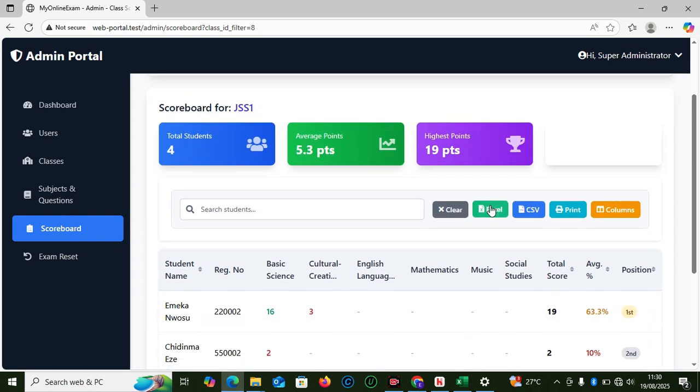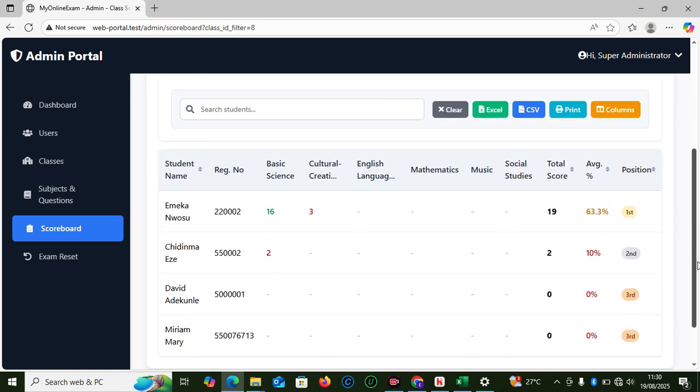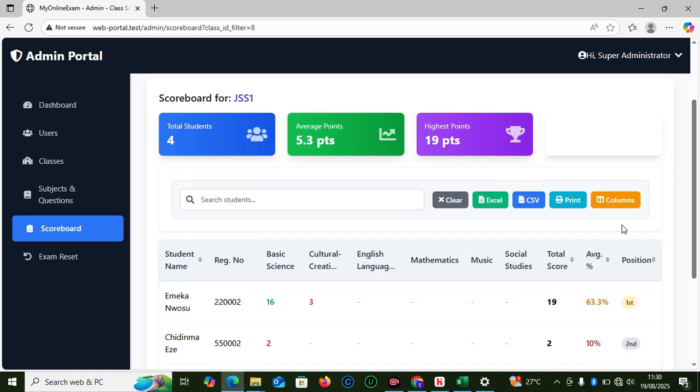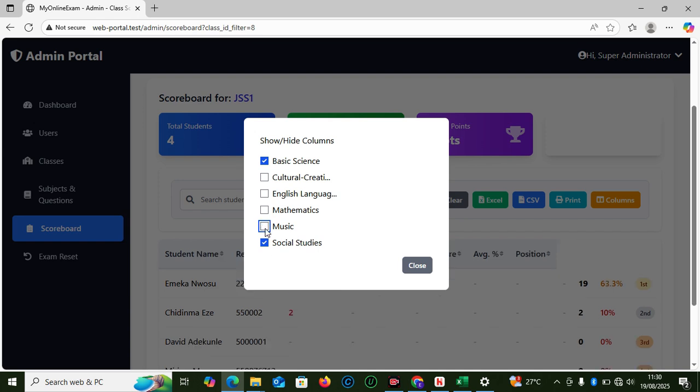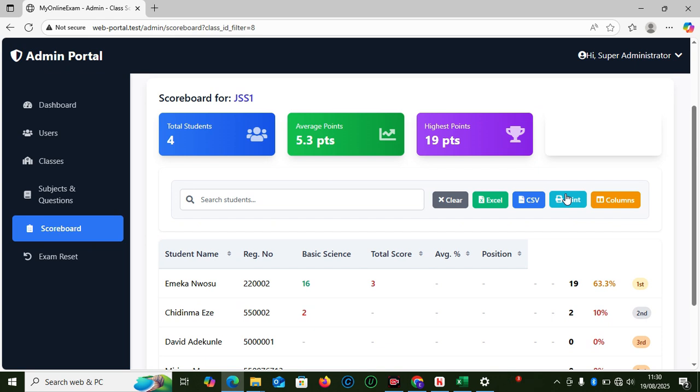You can also export it in Excel format or export it as CSV, or you can print it out. And also, maybe if this is a continuous assessment, you can show or hide columns. Let's say a teacher for basic science requires this to compile the CA score, or prepare the CA entry for the students. You can just deselect all these things, deselect other subjects as the admin, and then you can print this one and send it to